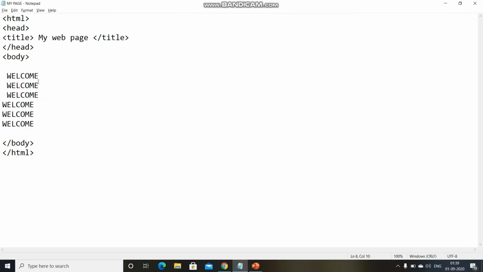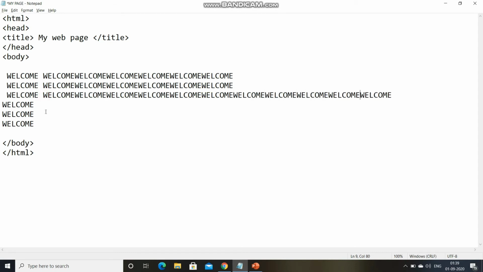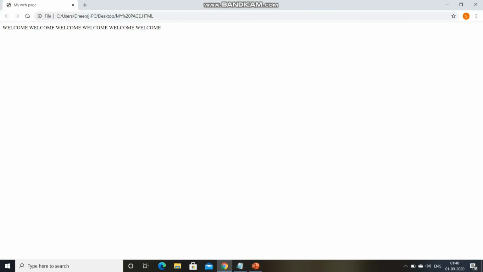Now we will write the paragraph tag. So let me write the paragraph first. See, for instance, this is a paragraph. You can consider it as a paragraph. Now before going to the final web page to see how it is looking, we have to save this file. So I have pressed Ctrl S. Now I'm going on the final web page. I'm refreshing the page by the reload icon here.